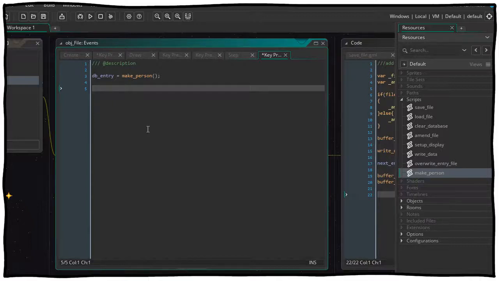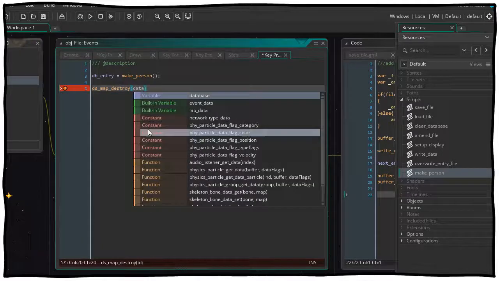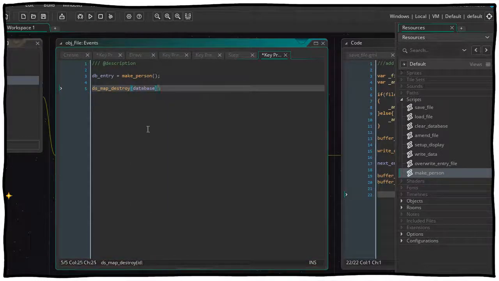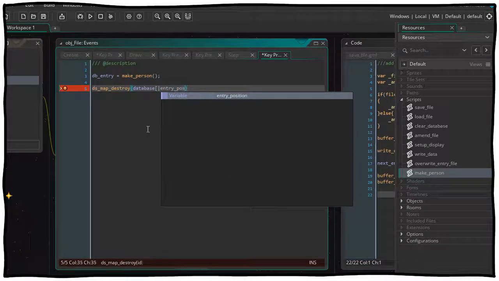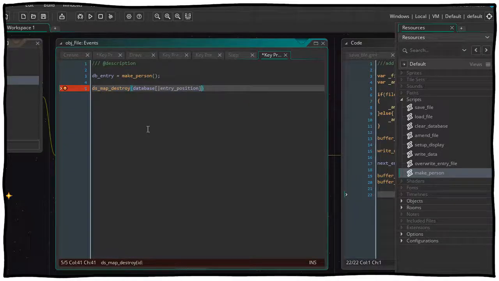Next I need to do a little bit of shuffle with the database entry, because I need to get the old database entry, get rid of that and replace it with this new entry. Now we could say ds map destroy database, square brackets, vertical line for the accessor, entry position, close square brackets,